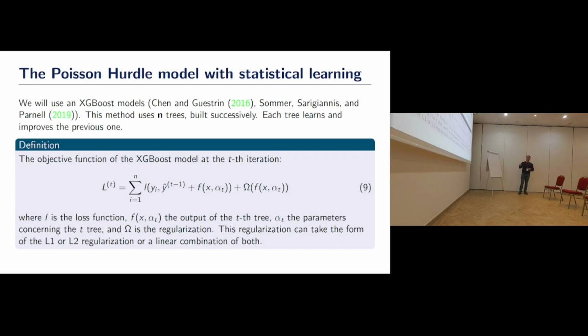It works with a loss function, right? And the goal is to decrease this loss function by adding some trees successively. So we add the trees, and the goal is to decrease the loss function. The big problem with this library is overfitting. So we have a big chance to overfit. To avoid this problem, we use a lot of regularization. We can use L1, L2, or both of them. We can also use early stopping or something like this. All these tools are to avoid the problem of overfitting.